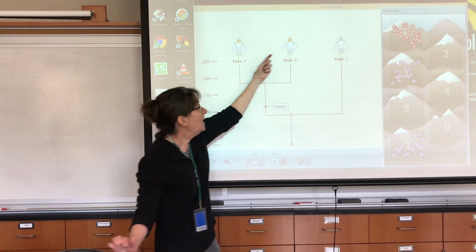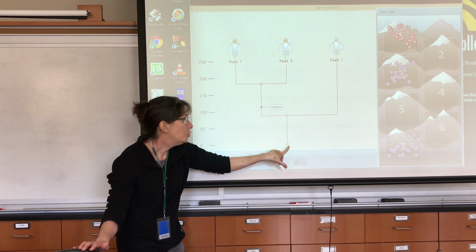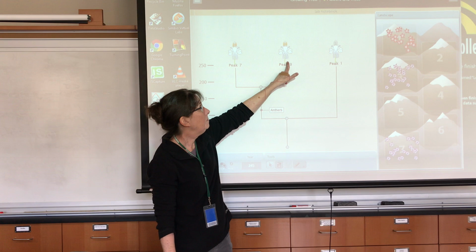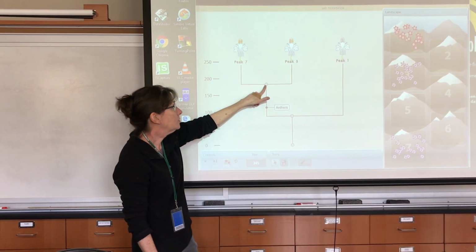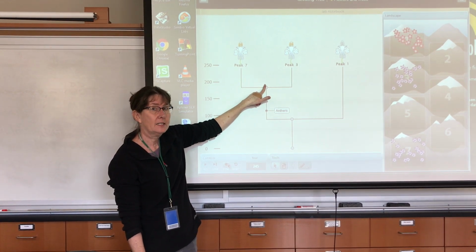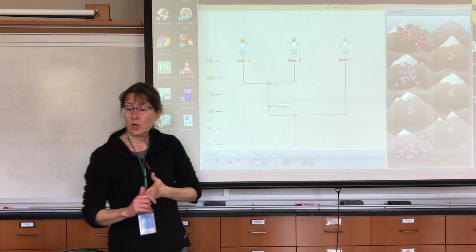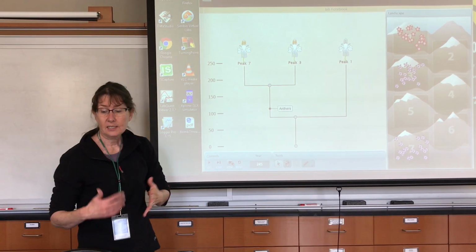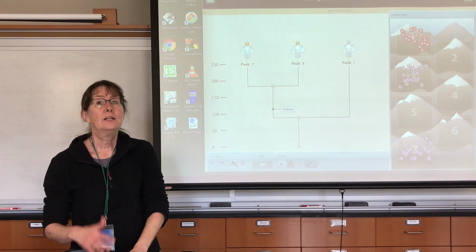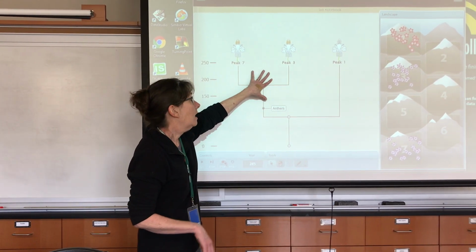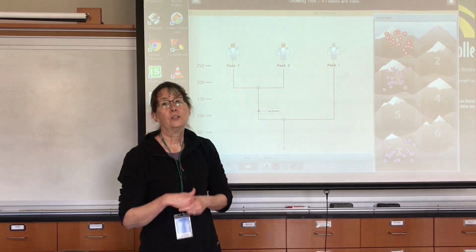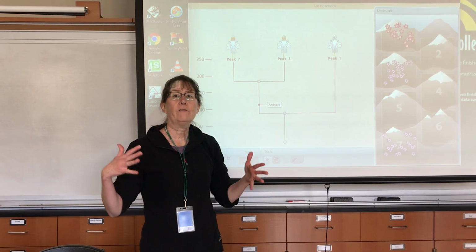So all of them are equally related to the original ancestor. But remember, peak 7 and peak 3 are most closely related to each other because they share that most recent common ancestor. And you are going to work through some exercises, exercise 2, exercise 3, that's going to look at how these populations are related, and it's going to translate that to you and your siblings, if you have any,